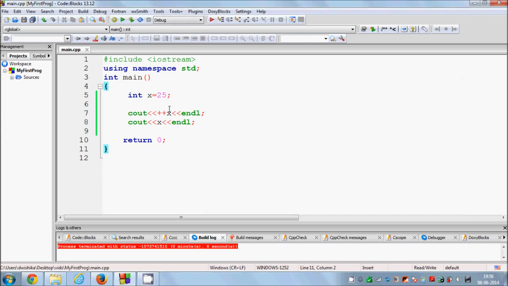So this is the difference between the prefix ++ and the trailing ++, right? So just remember, if you want to increment the value first, add these ++ in the front, and if you want to increment the value after showing the value, then you just add it after. Same rule will